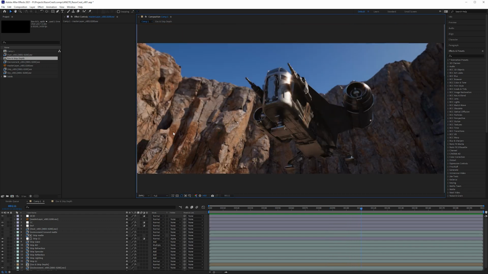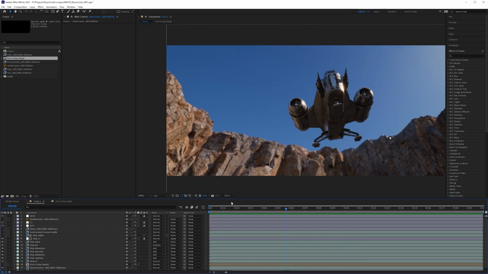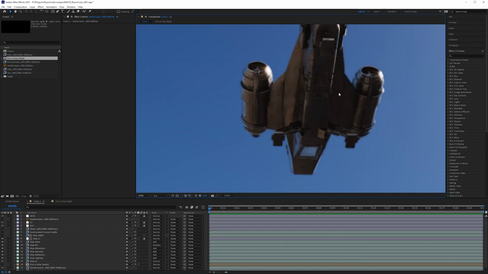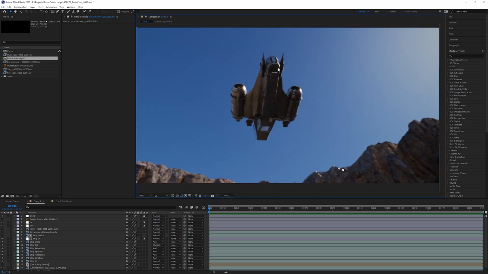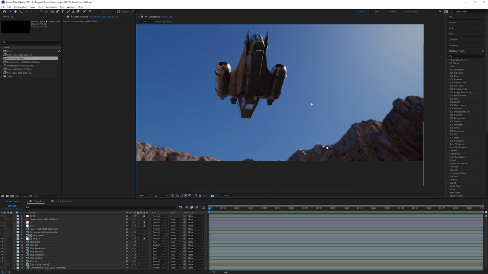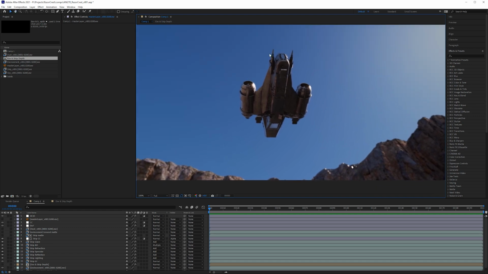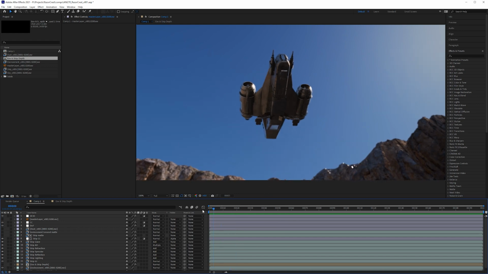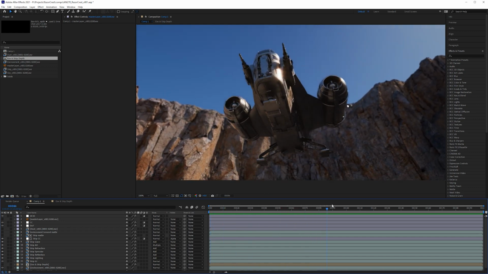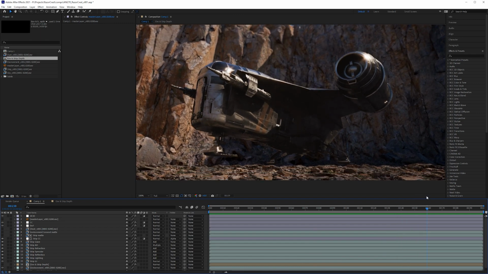And there's a few other things that we could do with the depth, but I'd like to do a different lecture on depth compositing that we can use with it, because I don't think it's particularly necessary for this shot. But if you wanted this to be very foggy, for example, that would be a good application of using some atmospherics or depth. But the ship is so low anyway, and it's already pretty much at the height of this cliff face here, that we wouldn't really need that. It would be cool to show you, but it would probably be better done in Maya anyway. So we'll leave that for a different lecture.